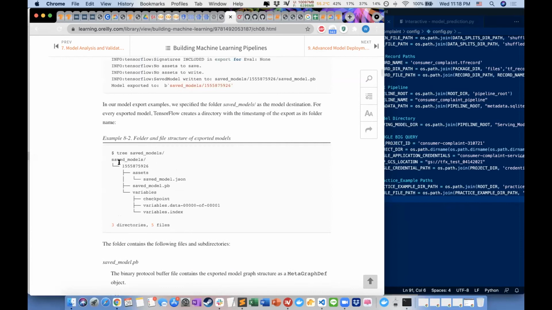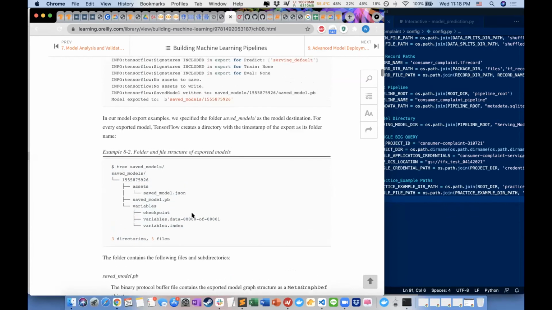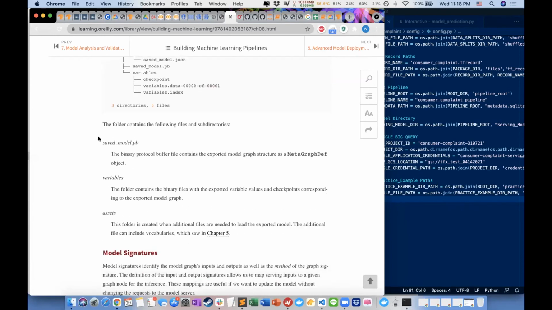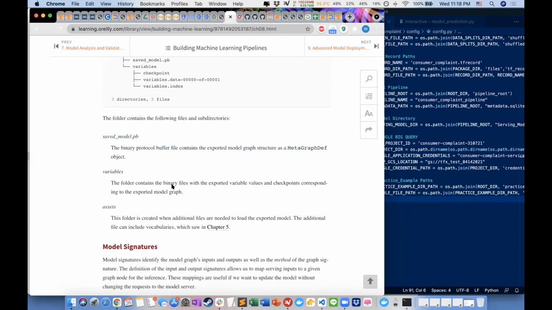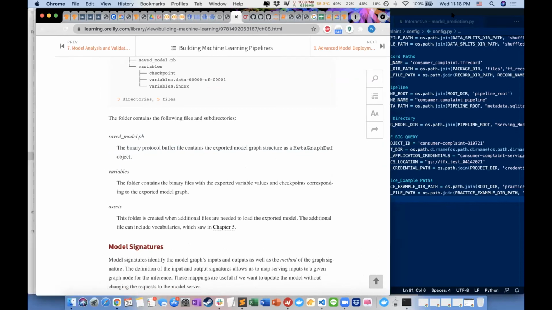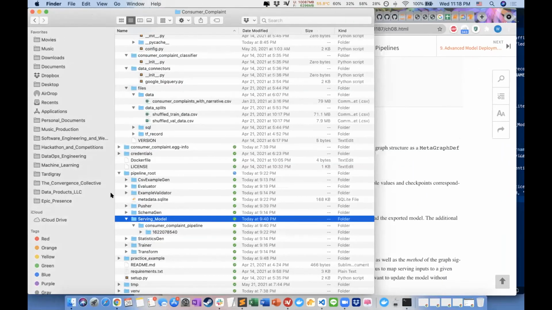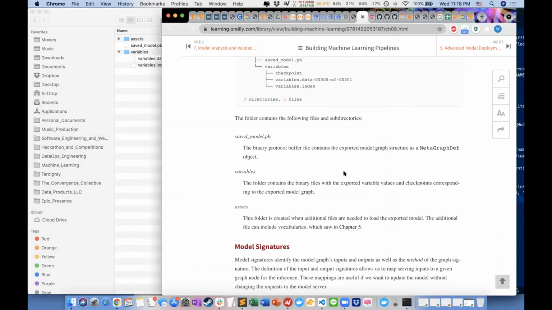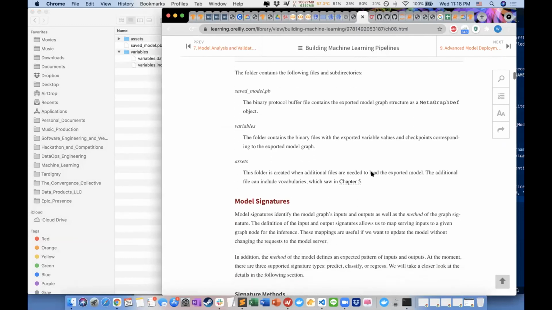And as you can see, this is the file structure of exported or saved models. You have a saved_model.pb, the binary protocol buffer file that contains the exported model graph structure as a MetaGraphDef object, and you have variables. Let's look into this. This folder contains the binary files with the exported variable values and the checkpoints corresponding to